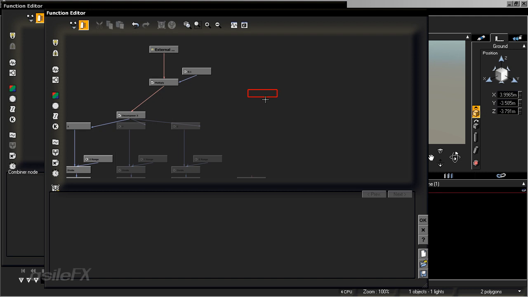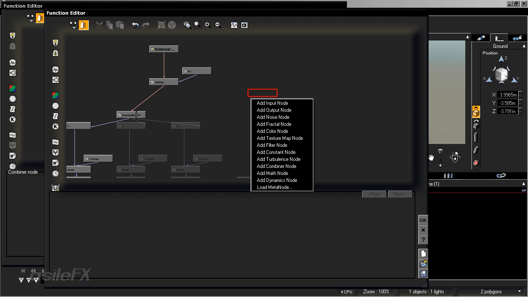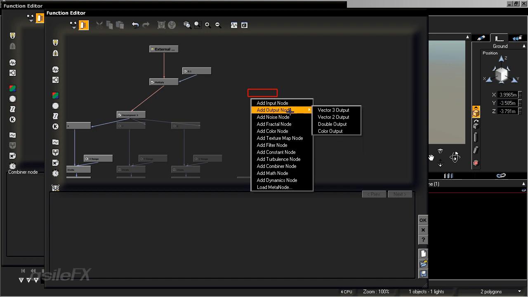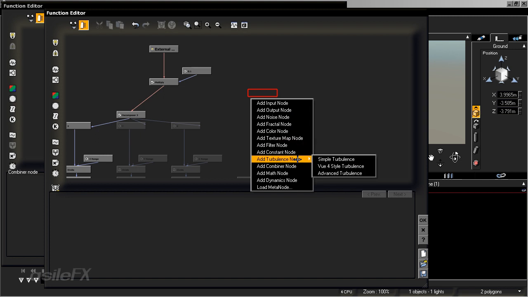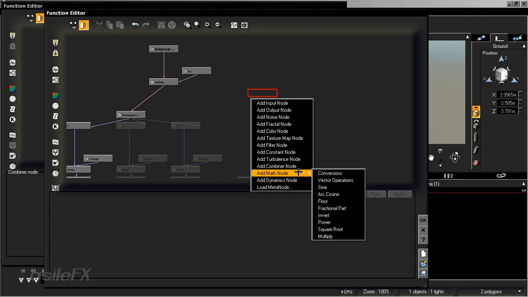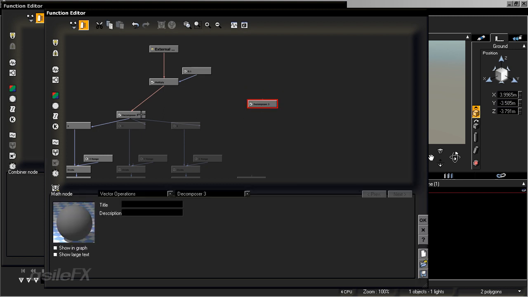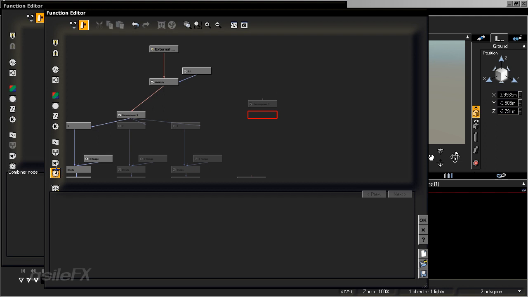is create another decomposer. Although we could connect to this same one, I do want this to be organized and easier to understand and use, so it's always a good idea to keep that in mind. So we'll go to Add a Math Node, Vector Operation, Decomposer 3. You could also select the decomposer, add another math node, and it will duplicate it. Connect our decomposer to this multiply output,